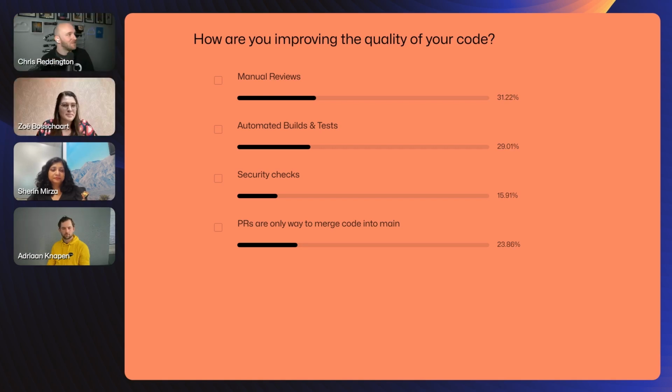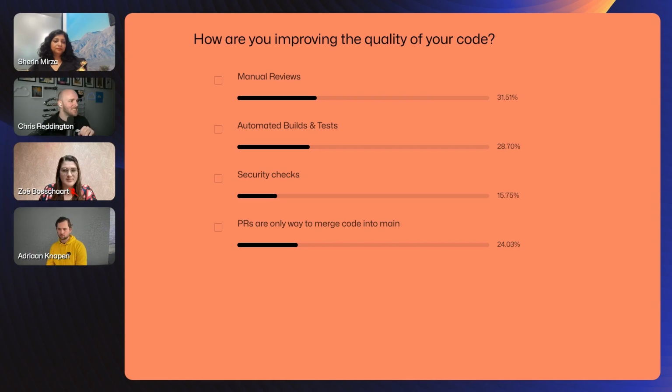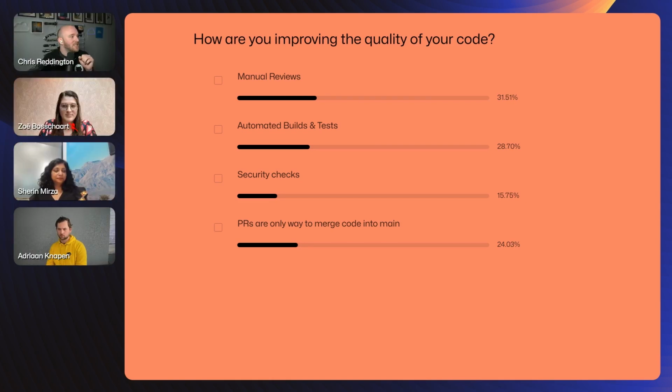Awesome. Thank you for sharing. It's been interesting watching the poll results again whilst we've been chatting. Quite a mix of how people are actually improving the quality of their code and the steps they're taking. About 30% of people are still seeing manual reviews, so I guess pull requests are a key part of that. About 28% with automated builds and tests. Not as much on the security checks, interestingly. And then PRs are the only way to merge code into main. So some really interesting insights there, which I think takes us nicely onto